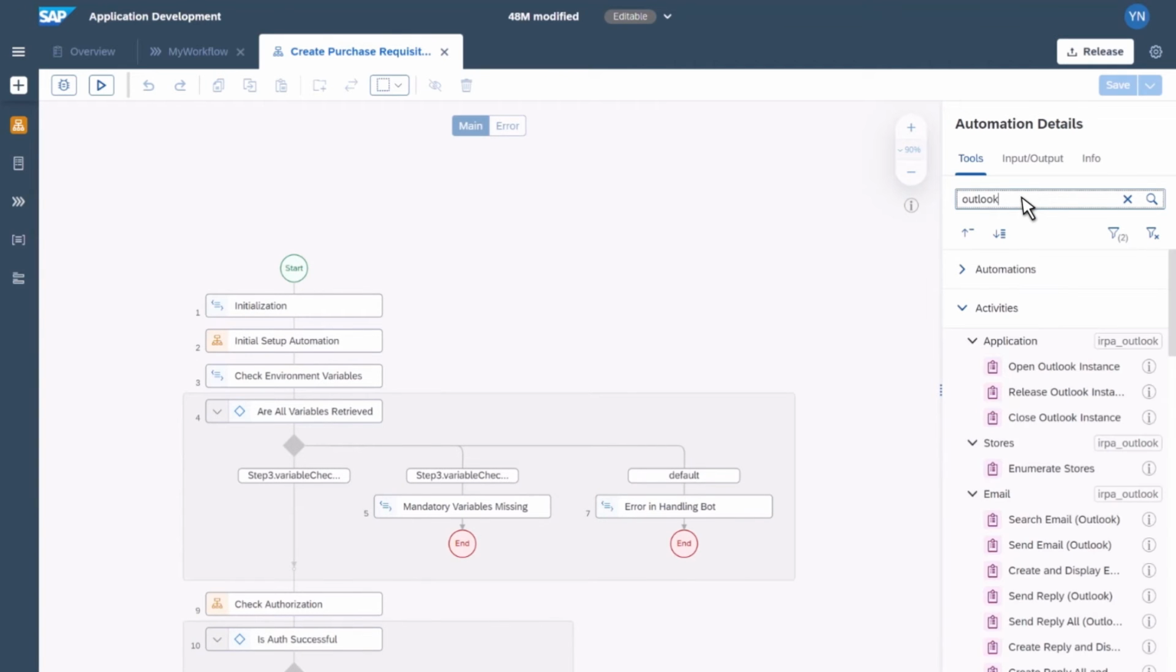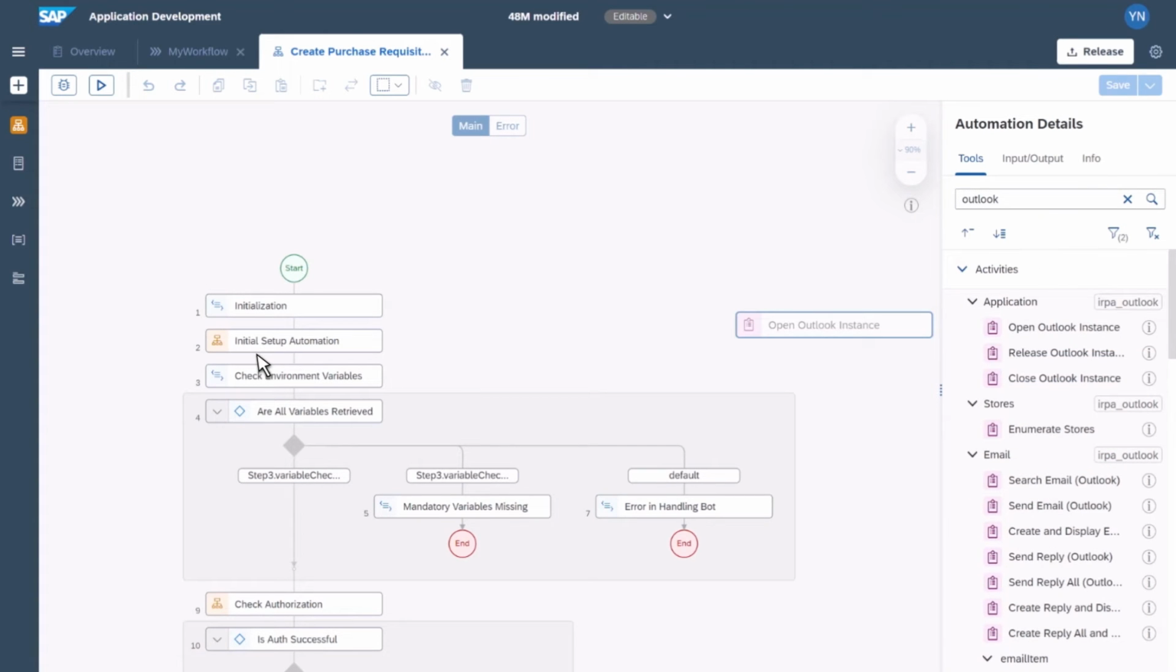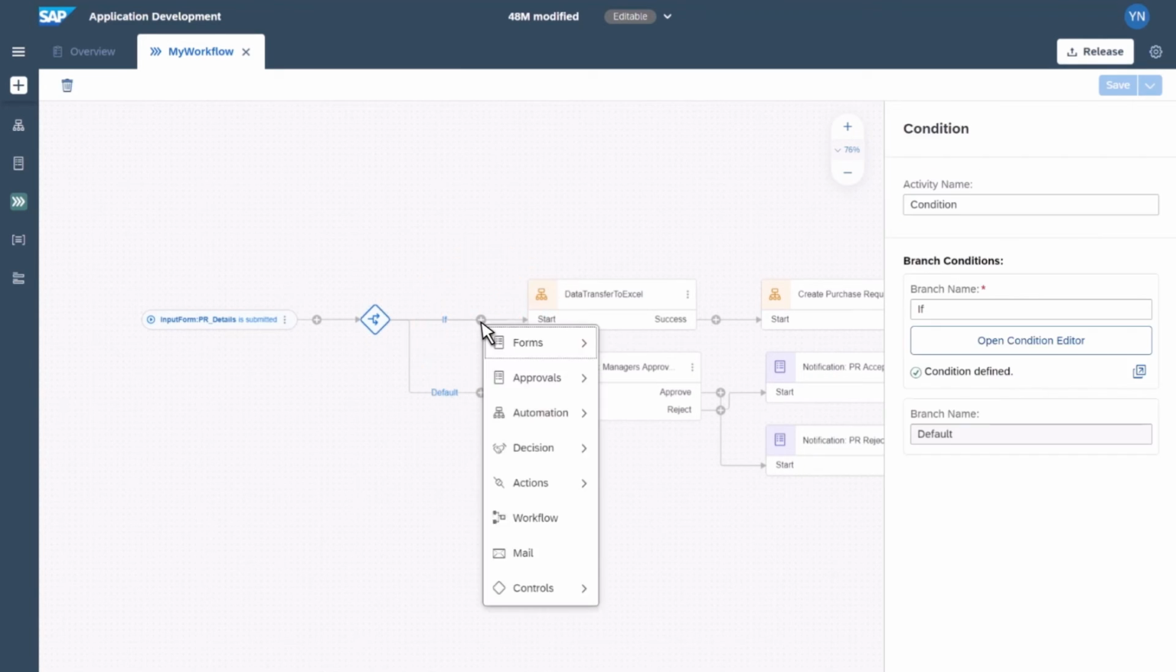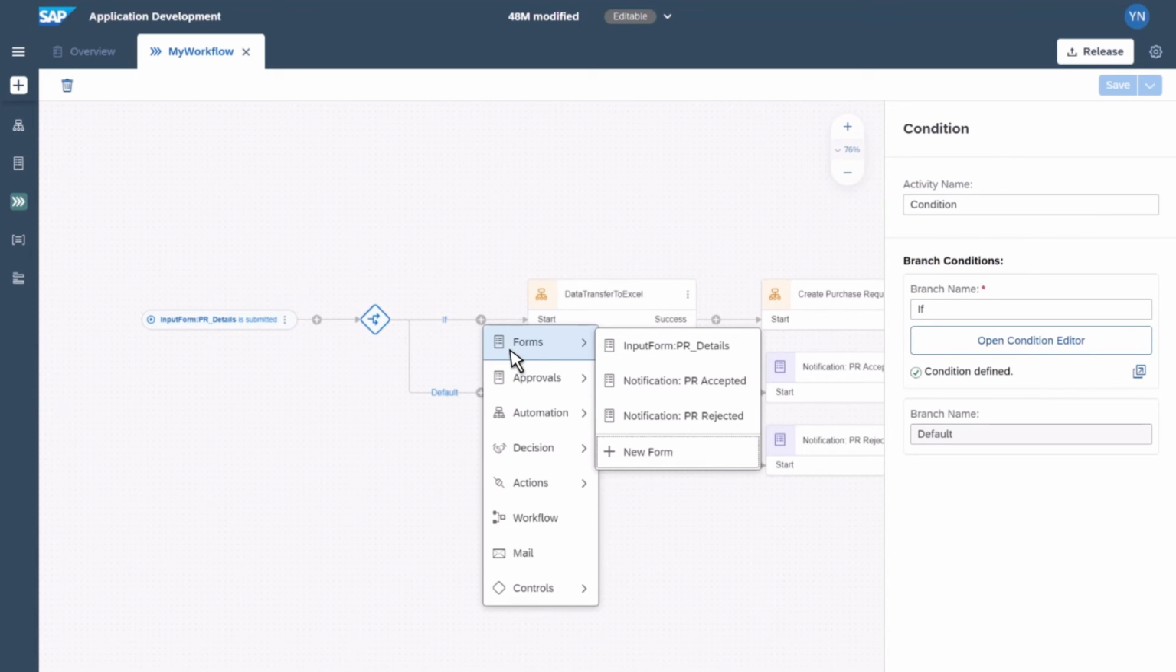So, for example, if you want the automation to open an Outlook instance, you can simply use the low-code editor to drag and drop that function into the process. Coming back to the main workflow, if you want to add more steps over here, you can, and in fact, you can also include new forms. For example, if you want to have a new approval form for some reason before you actually create the purchase requisitions in SAP